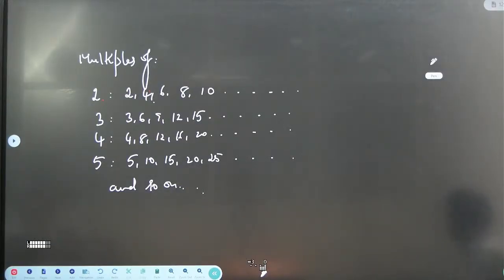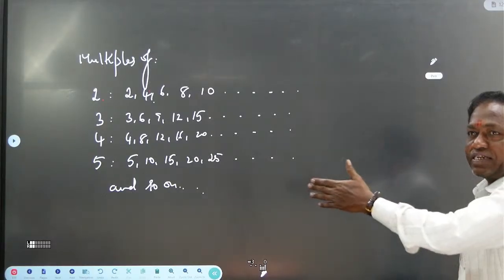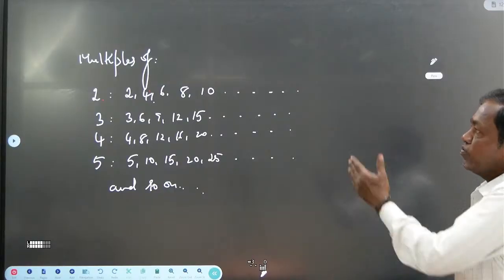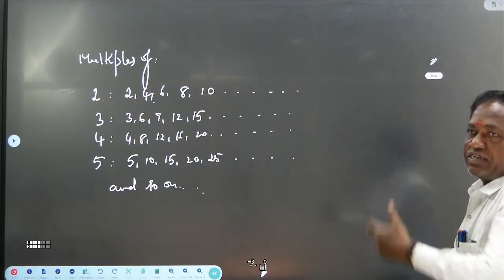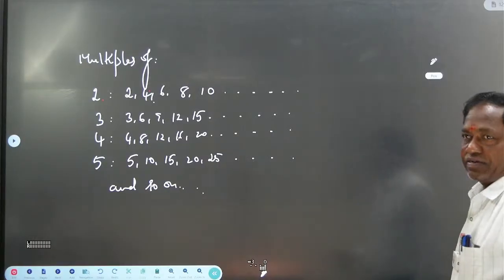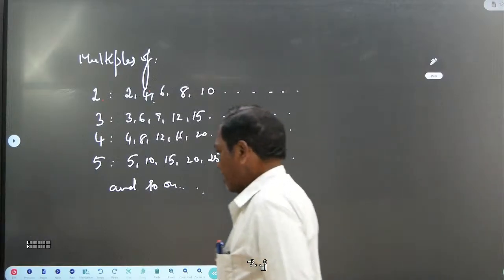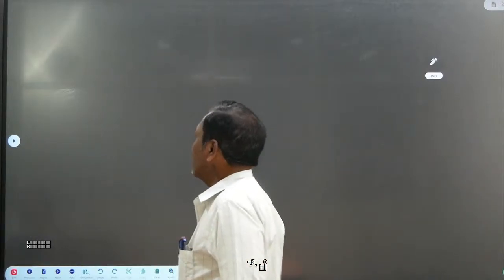Just multiples of a number. You write the multiples of numbers. It will come like a table. Multiples of 2, 2, 4, 6, 8, 10 and so on. Multiples of 3, 3, 6, 9, 12, 15. It's a table. The word we need to know, that's all. Okay. And next you can say,